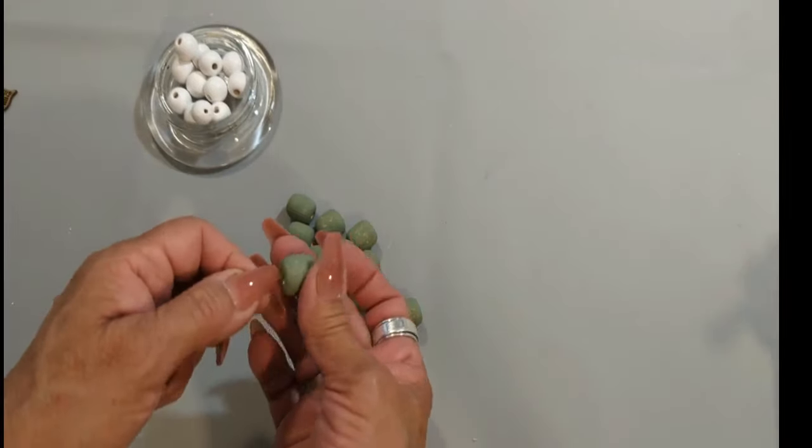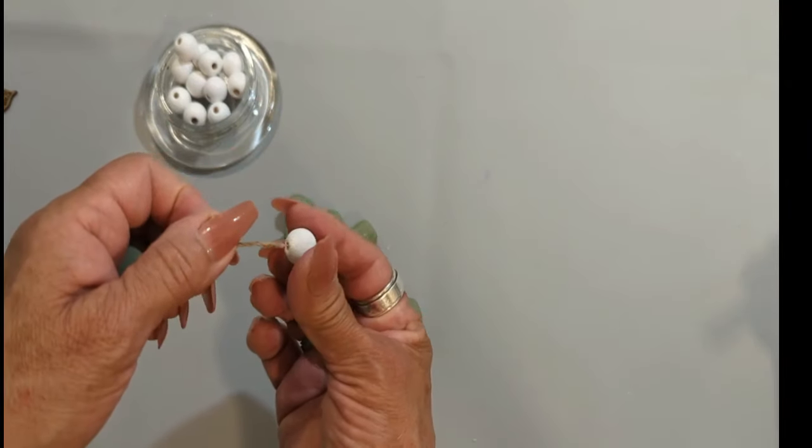I also have these wind beads that I had already painted in my stash, and I'm going